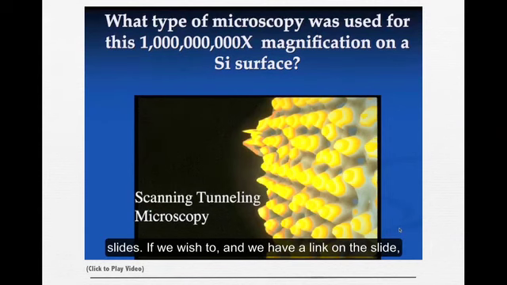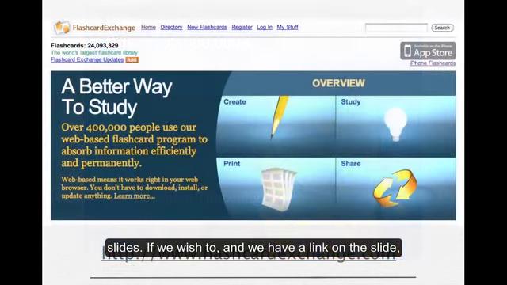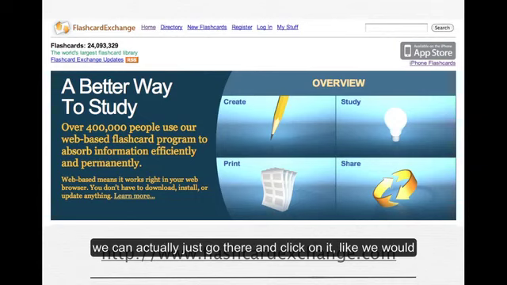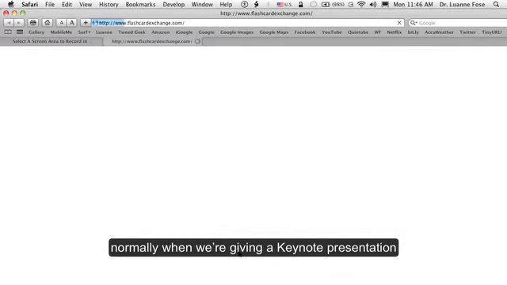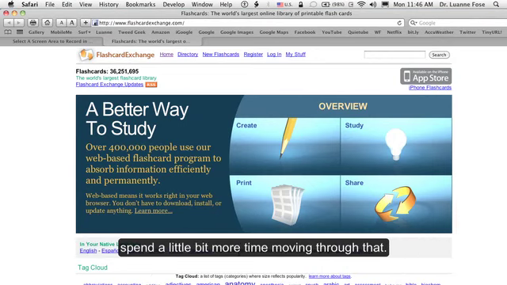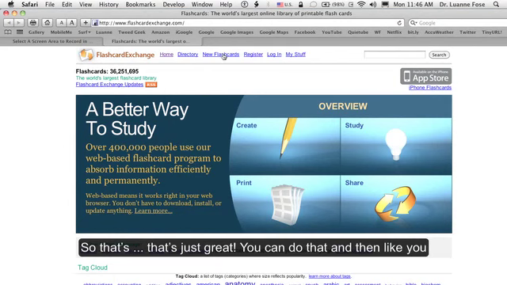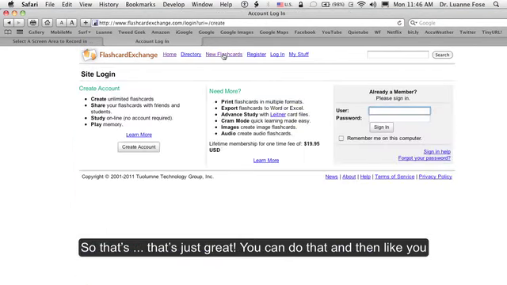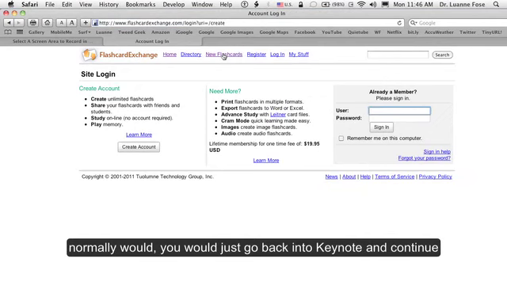We can move on through the slides if we wish to, and we have a link on the slide. We can actually just go there and click on it like we would normally when we're giving a Keynote presentation, and it will jump into Safari and open up that website so we can spend a little bit more time moving through that. So that's just great. You can do that, and then like you normally would, you would just go back in the Keynote and continue